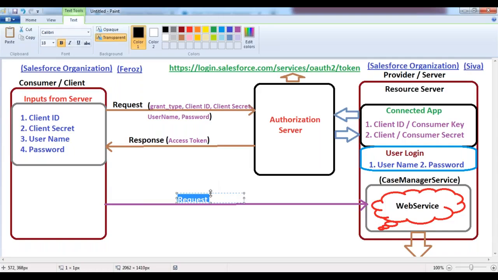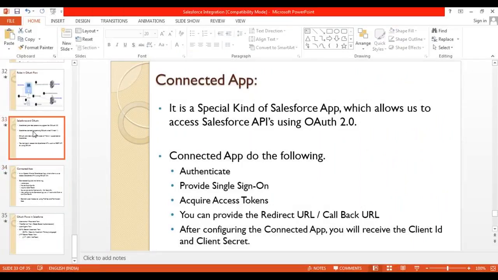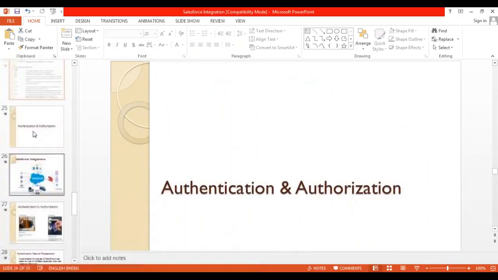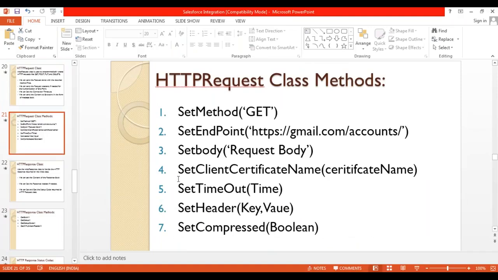We need to make a request to that actual resource. But whenever we are going to be requesting to the actual resource, we have to specify the access token also. Along with the access token, where can we specify it? I already told you in the last session: whenever you are passing any authentication codes, we specify the access token inside the request methods. When you go to the HTTP request class, in its methods we have